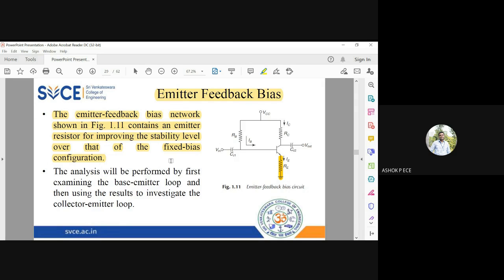Okay, so in the same way, for analyzing the circuit, what you should do is apply KVL at the base side. Base side means this loop. Remember, always visualize this loop and apply the KVL. For the collector side, apply KVL in this loop. So two loops are there. Input side means at the base side I have to apply KVL. Output side means at the collector side I have to apply Kirchhoff's voltage law. Why am I applying KVL here? Because I want to design the values for RB, RC, and RE, because they decide the operating point of my